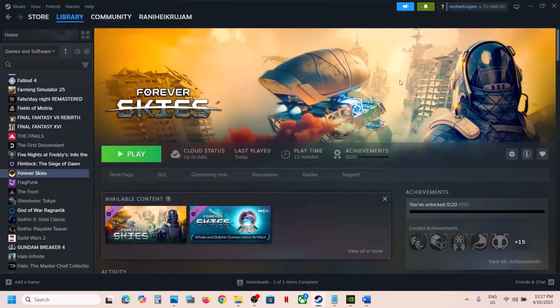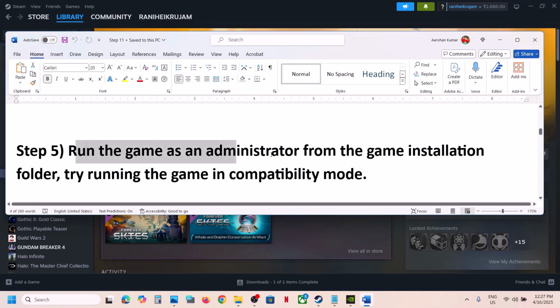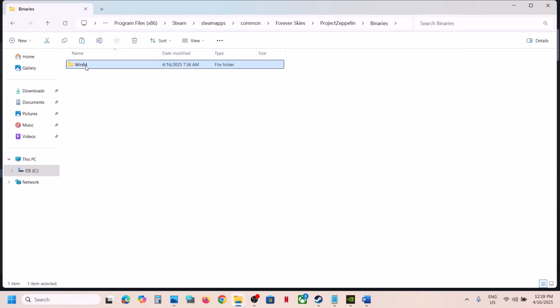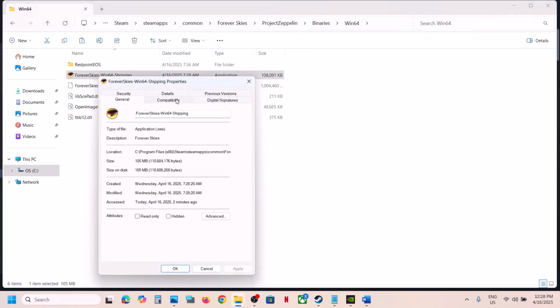Next step is to run the game as an administrator from the game installation folder. For this, make a right click on the game, select manage, click on browse local files, open this folder, binaries, Win64, select this exe file, make a right click, go to properties, go to this tab, put a check on